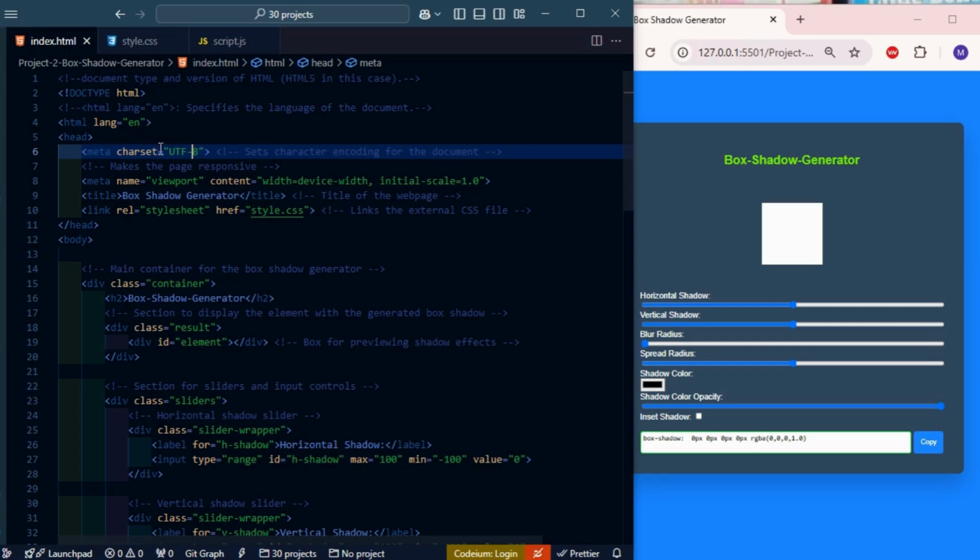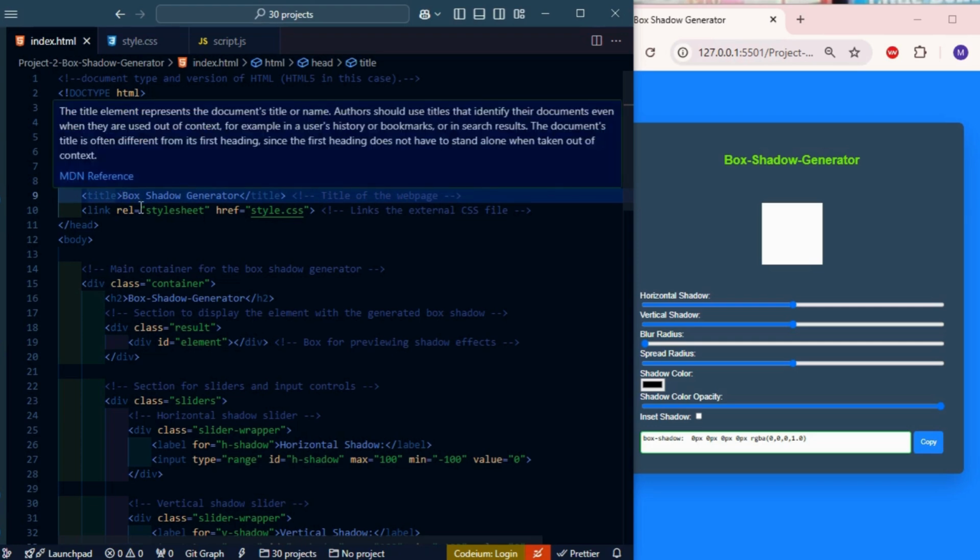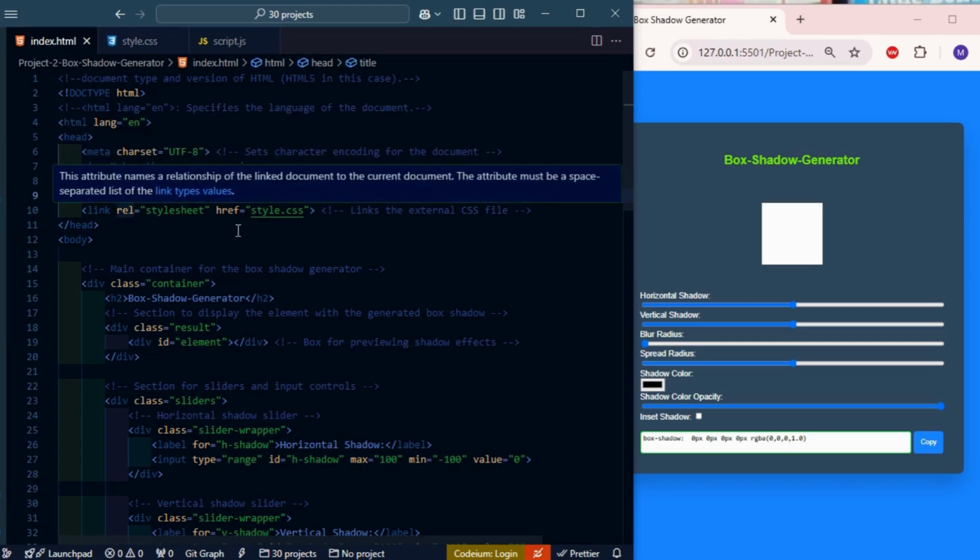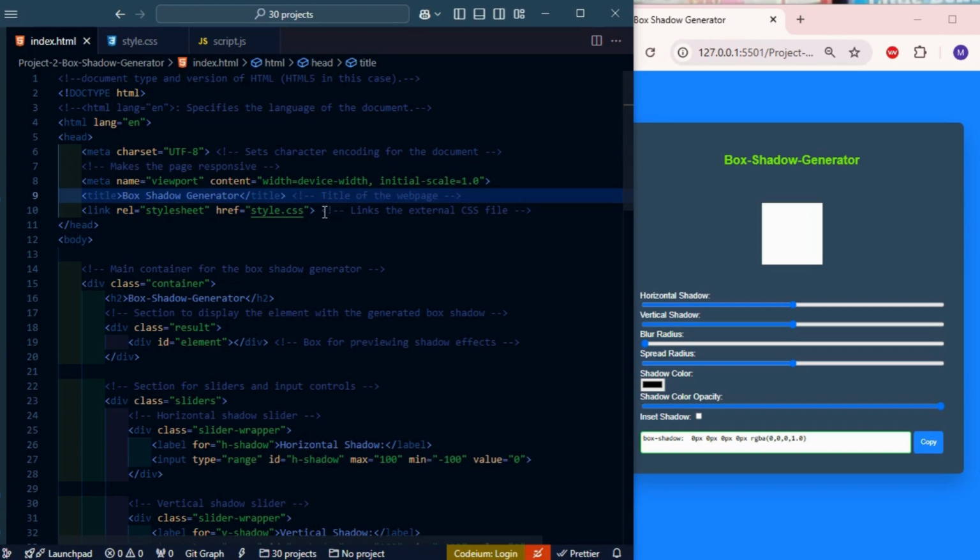The head holds metadata, where we can set the character encoding for the document and make the page responsive with the name viewport, content width equals device width and initial scale of 1.0. The title of the web page is the box shadow generator, and link is the connection to the external CSS